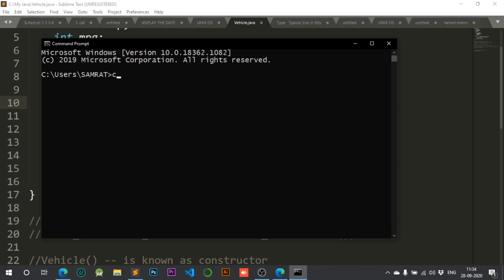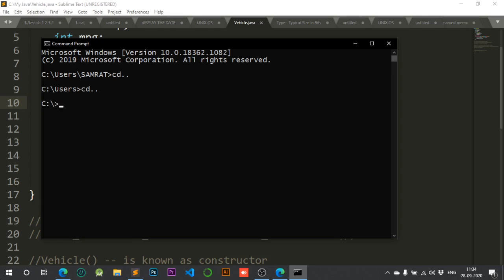That means in the C drive there is a folder called Users, and inside that there is a folder called Samrat, where we are present right now. So we have to go to the previous directory by applying the command cd .., then right now we are under the Users directory, then we again apply cd .. so that we can go to the C drive.